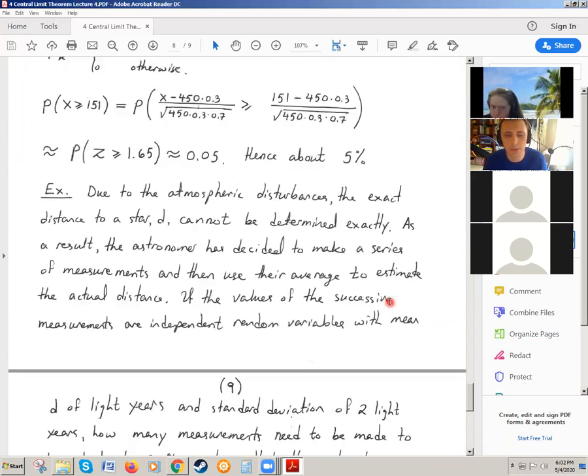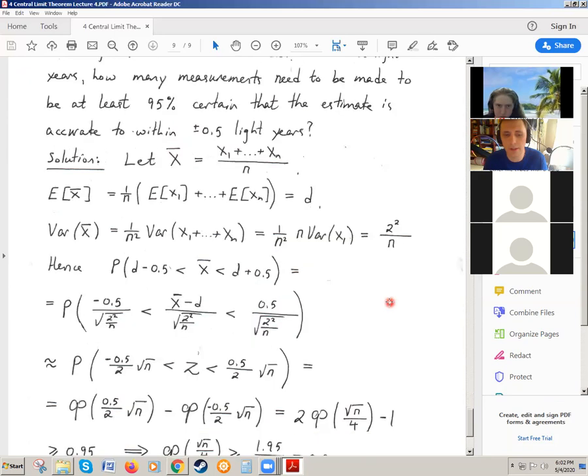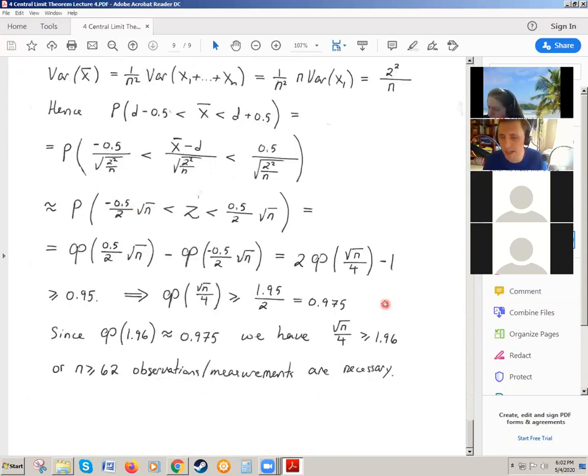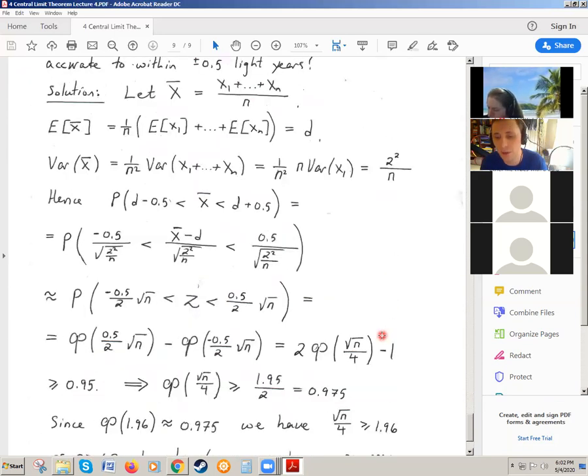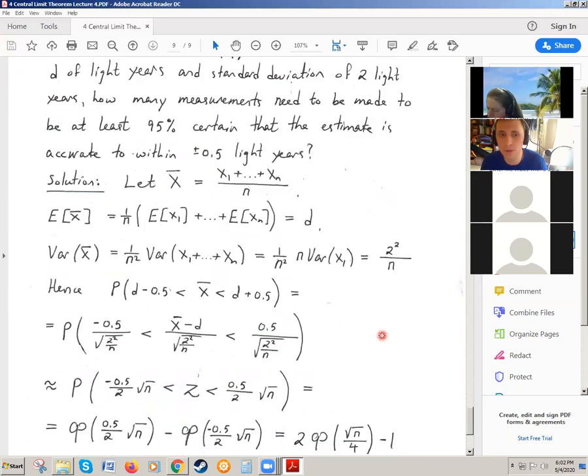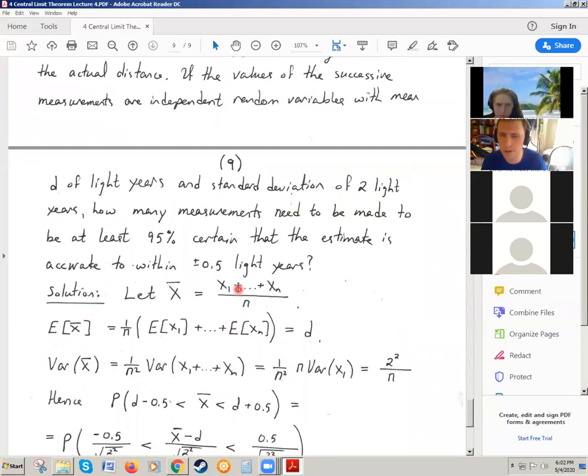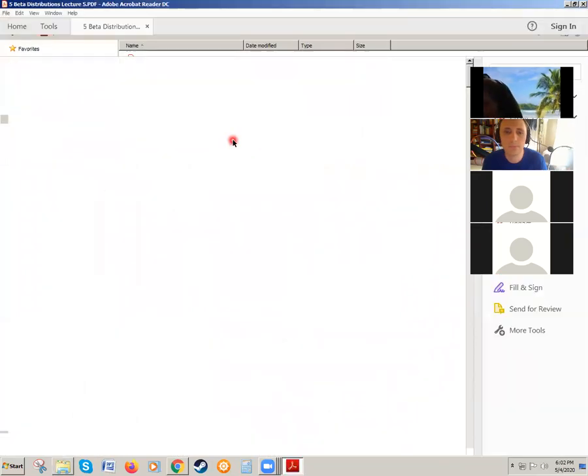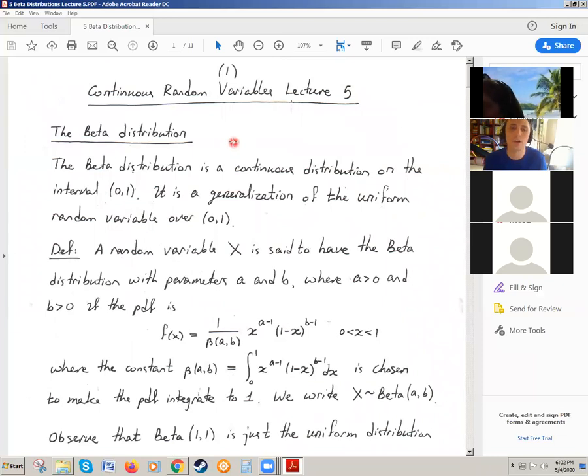There is one more question here that I wrote out, but I really want to move on and talk about the beta distribution. So I will skip this question. You are free to look at it later. All right, so today's topic is the beta distribution, and it's hopefully a very interesting topic. So first of all,